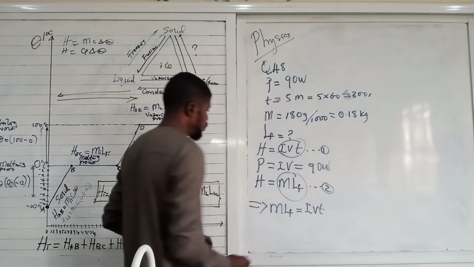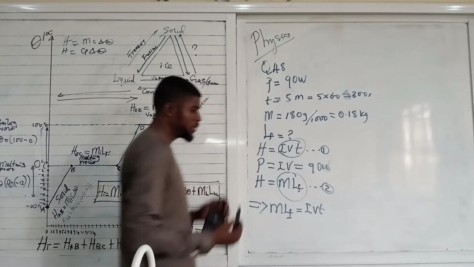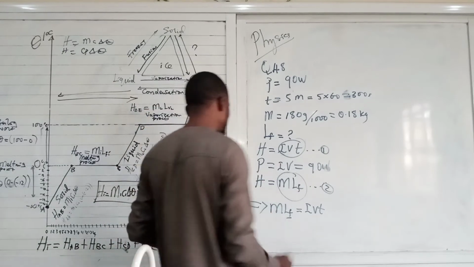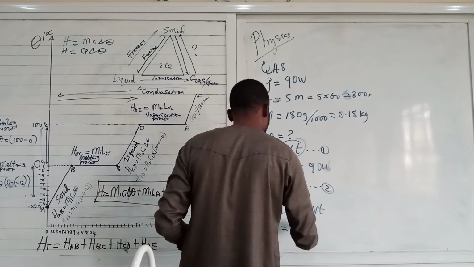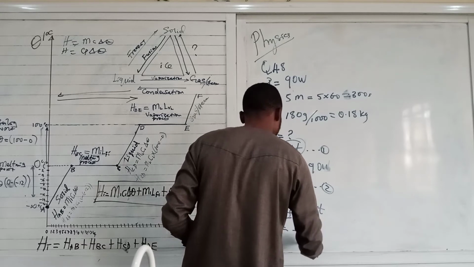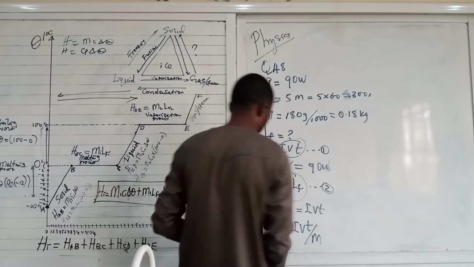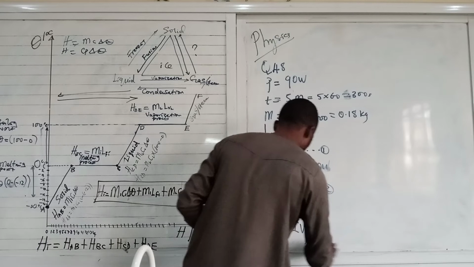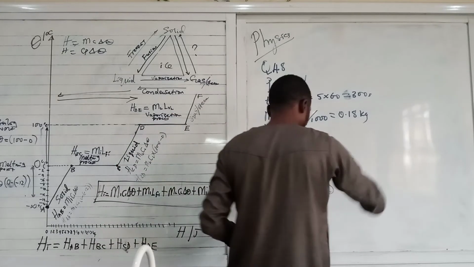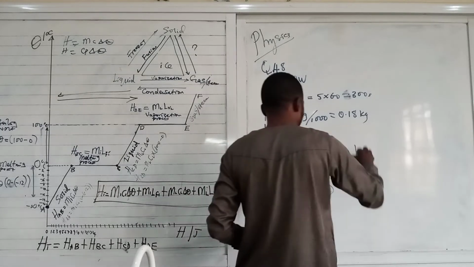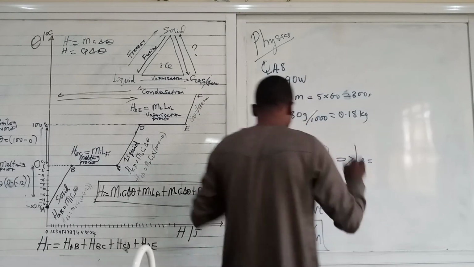IVT. So we are going to make this the subject of the formula. If we do that, we're going to have LF is equal to IVT divided by mass. So this is the equation we are going to use to find the answer. This implies that the specific latent heat of fusion is given as